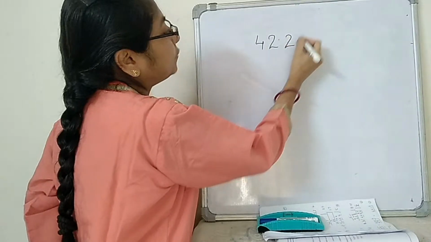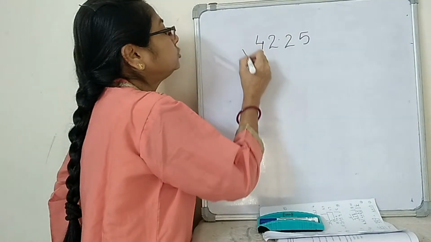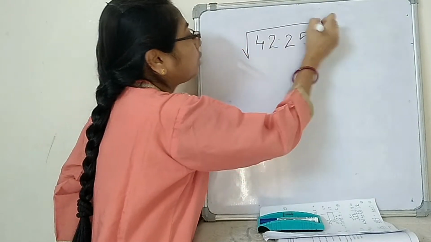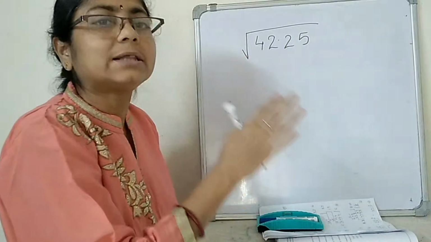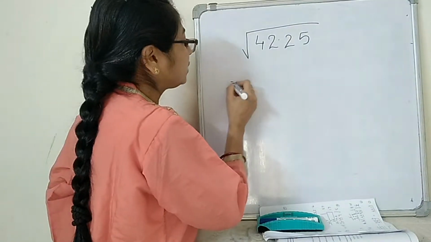42.25. It is a decimal number. We should find the square root of that number. I will tell two processes. First I tell the first process. What I am doing? I write